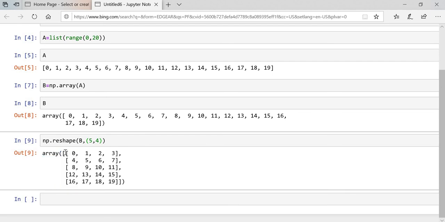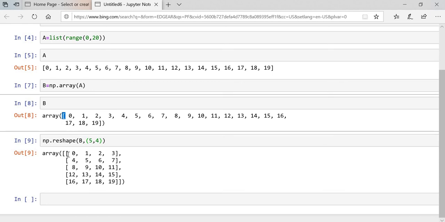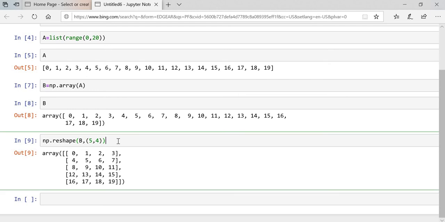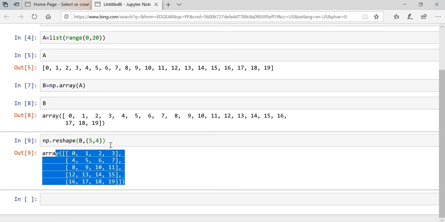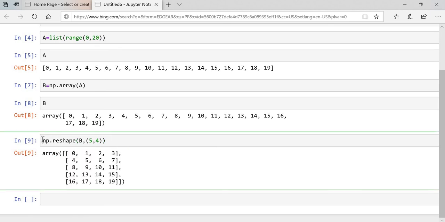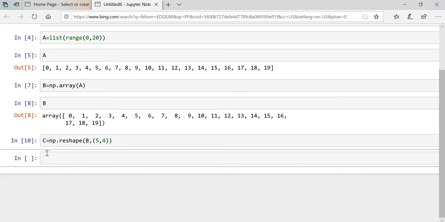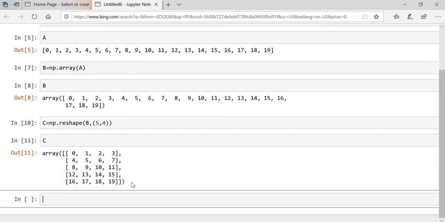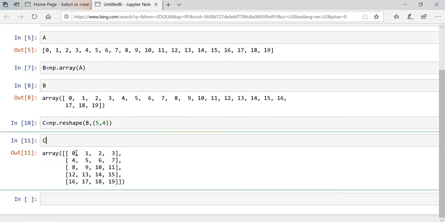How can we find that this is a two-dimensional array? You can see the earlier one is written in only one list, and this one is a list of lists. So that's why we can easily consider that this is a one-dimensional array and this matrix is a two-dimensional array. Now we'll put this in a variable and call that c. This is a two-dimensional array. Here 5 means 5 rows and 4 columns, that is 1, 2, 3 and 4. If you want to reshape, you can reshape that as well.